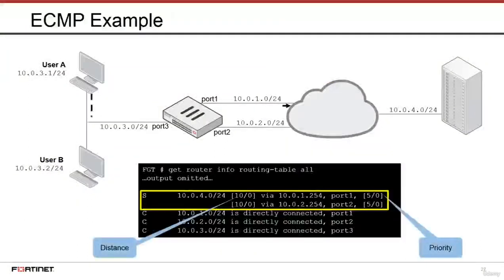In the scenario shown on this slide, FortiGate has 2 equal candidate routes for the 10.0.4.0/24 subnet using port 1 and port 2 respectively. Using the default source-based ECMP method, FortiGate may use either route to deliver traffic destined for 10.0.4.0/24 subnet from user A and user B. If port 1 loses connectivity, FortiGate will automatically use port 2 to deliver all traffic destined for the